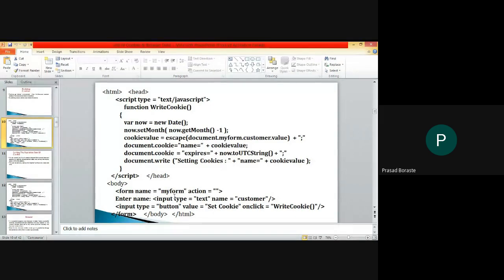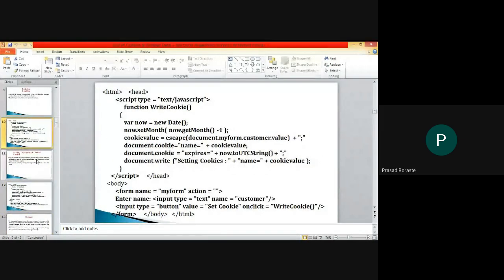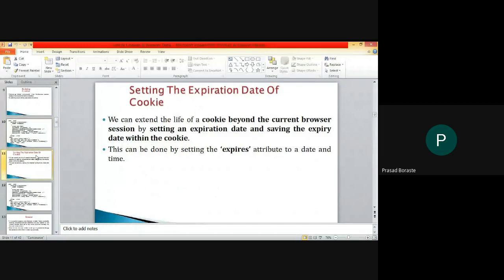So we set the date in a format such as I will show you over here. One minute, I am showing the format in which you can set the date. For that, I'm taking one example of how to delete a cookie.